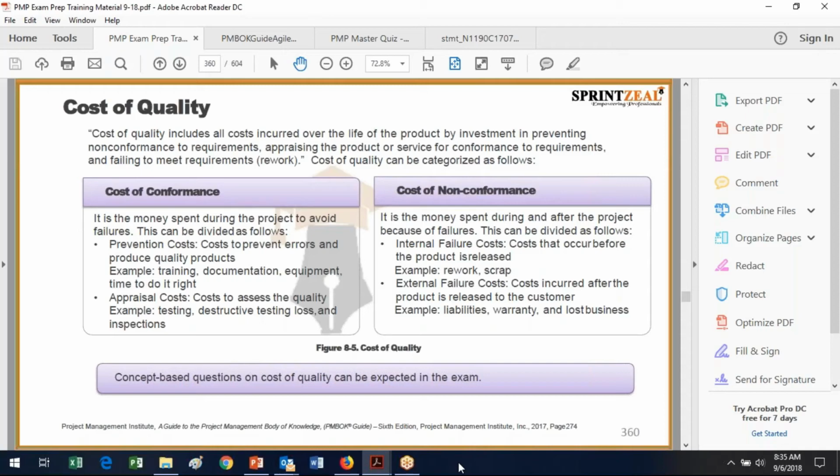Yep. And then there's also the cost of non-conformance, and that is internal failures that show themselves before the product is released. And that means that you've got to do rework, and you've got to send that off to scrap. So you've wasted some amount of time and you've wasted some amount of material. And then you've got external failure costs. And like we were talking about in the toy manufacturer case, this is the cost after the product is returned to or sent out to the customer or the end point user.